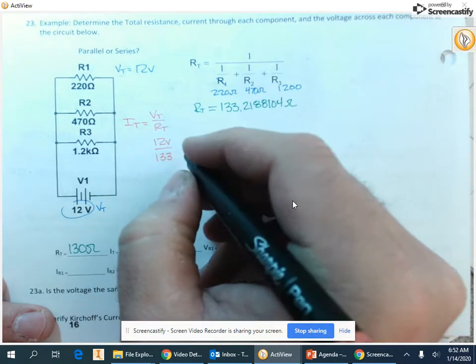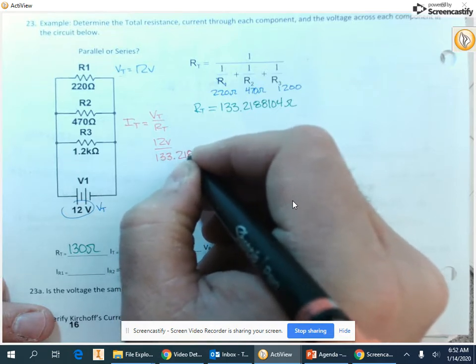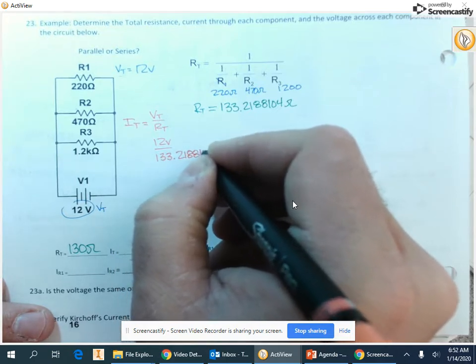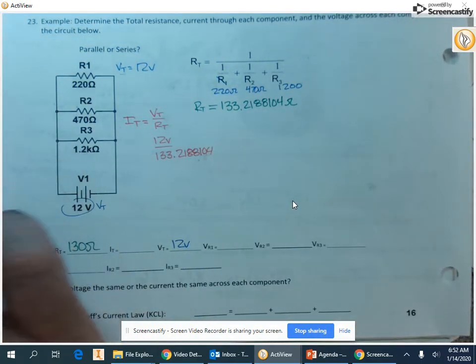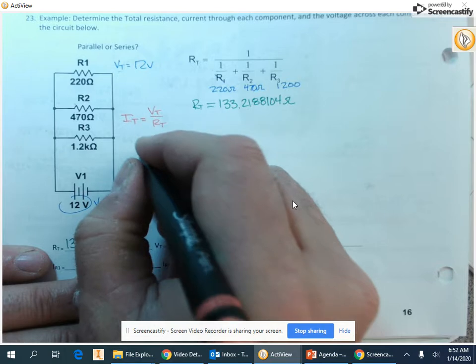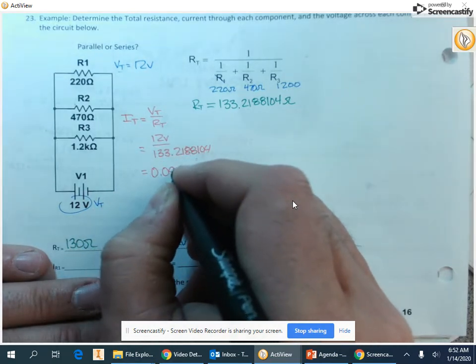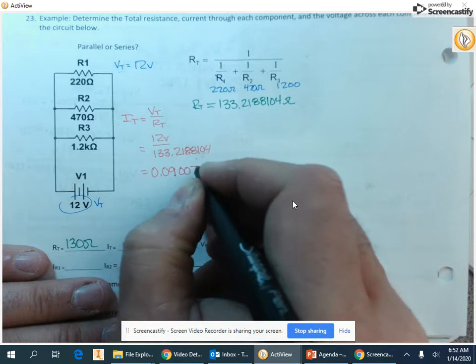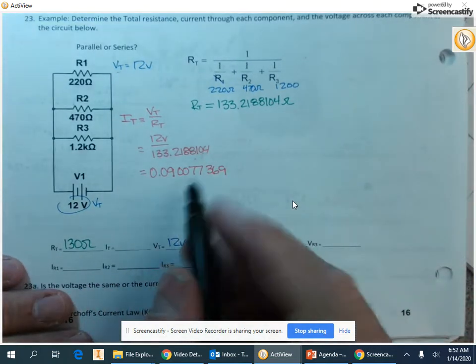I can't do the rounded value, I've got to do the whole thing, 2188104, which gives me a total current of 0.090077369, or in sig figs,